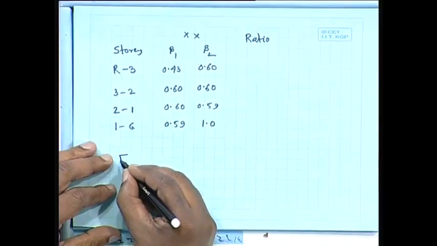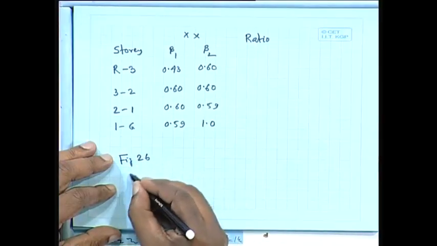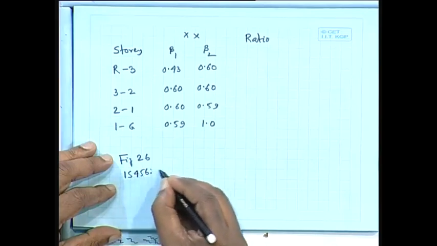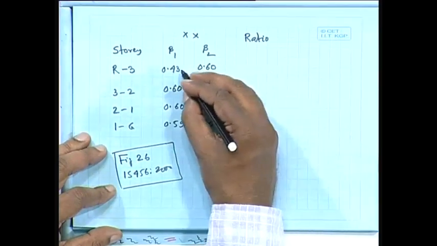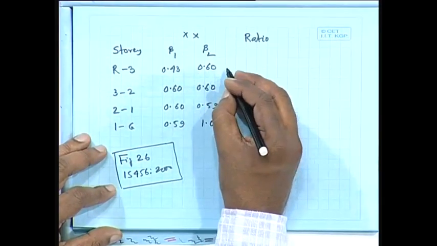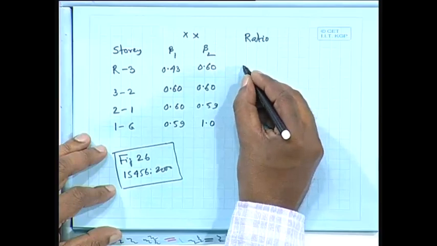If it is without sway, then we shall take figure 26, if it is with sway, then figure 27. In our case we have considered this one, say without sway. In that case, you will find that all the values are coming less than 1. So 0.43 and 0.46, for that the ratio from the table, sorry, figure 26 of IS 456 2000, that is our reference. In that case, taking this beta 1 and beta 2 different values, we shall get,